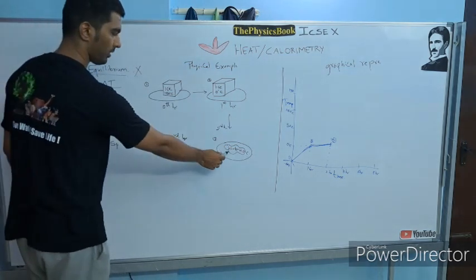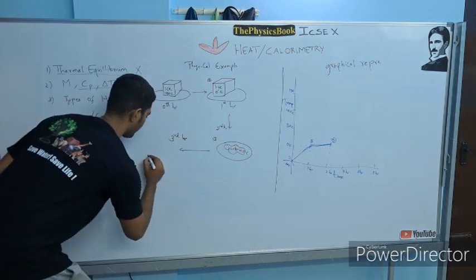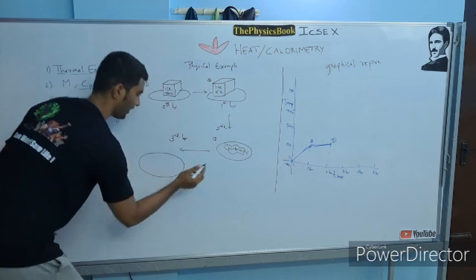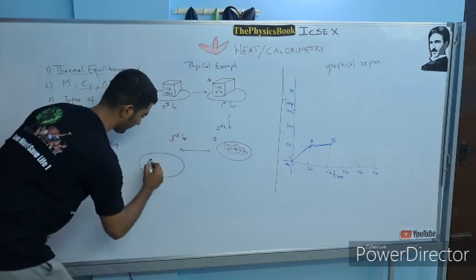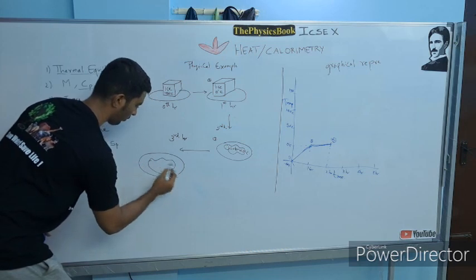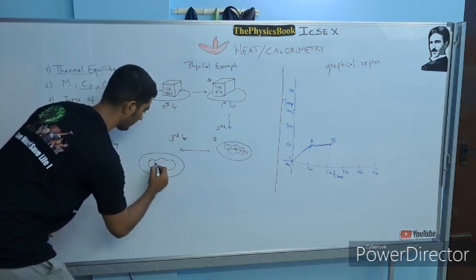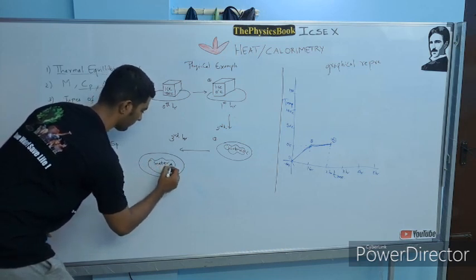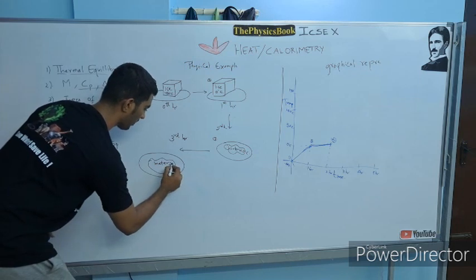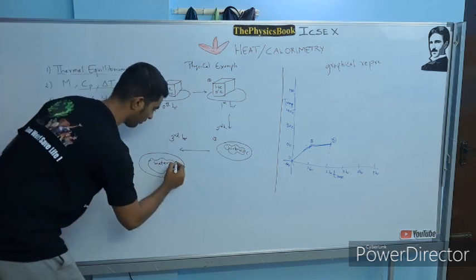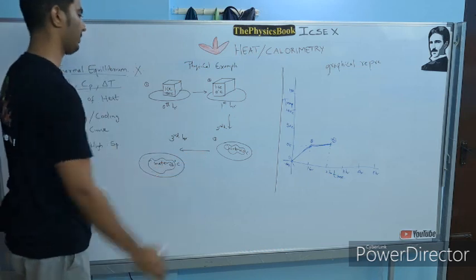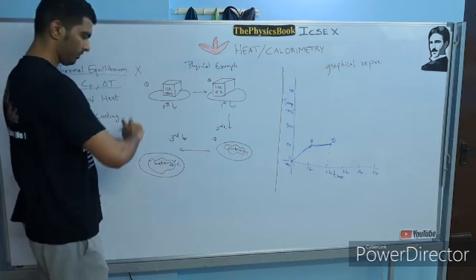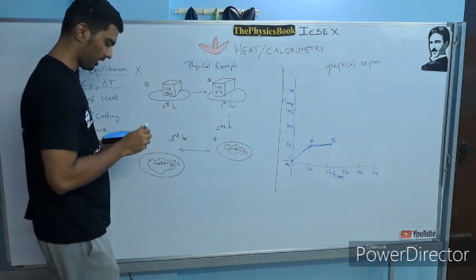So now what will happen is water will start to heat up. So what will happen to water? Water will slowly attain room temperature. Assuming that room temperature is 25 degrees Celsius, okay, let's assume the room is 25 degrees Celsius. Keep it this way. So now if you go to that diagram again,